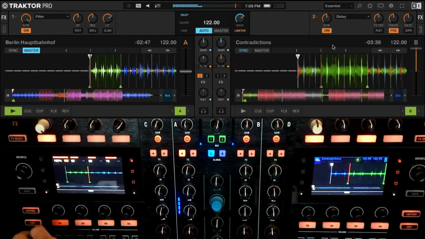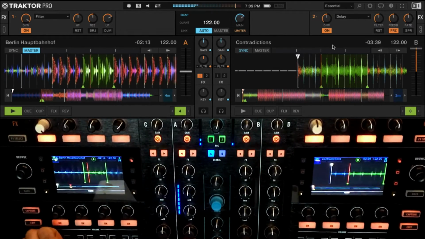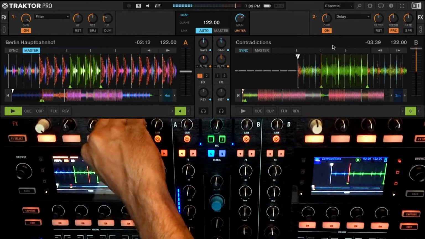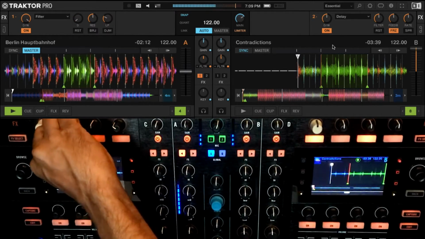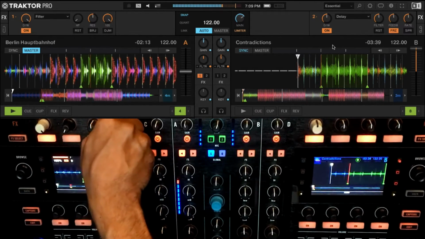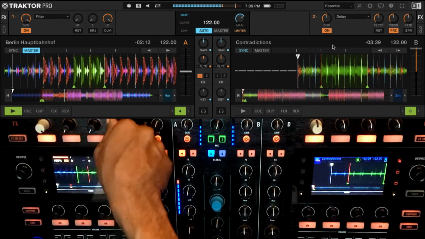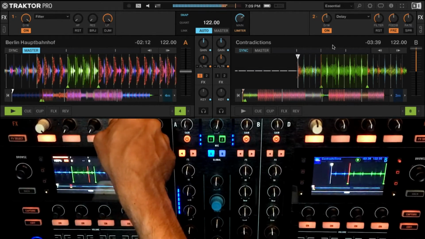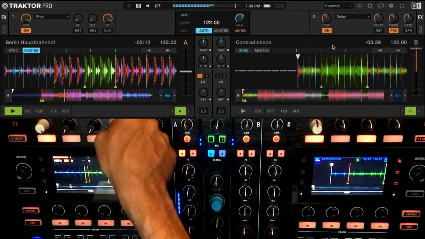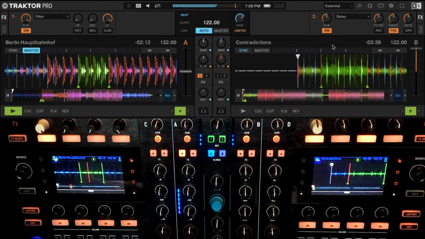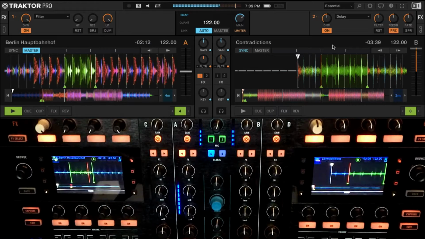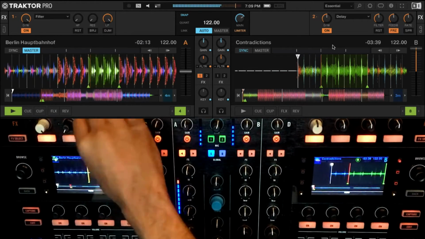I can allow the lows to pass through. In fact, let me go where a kick drum is. Okay, I could be really low like this, very subby. Okay, open the low completely. Have no resonance. Resonance is basically a bump at the frequency that's being cut. Right next to that, you can bump up the next frequency so you can accentuate where you're cutting. Think of it like if you're cutting something, you're drawing a border around it to accentuate what is being cut. So that's basically what it is.